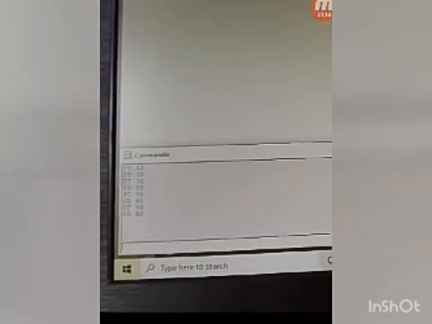So this is how we have to give commands. These are the commands used for making a square, and in the next class we will practice some more commands and make various shapes.